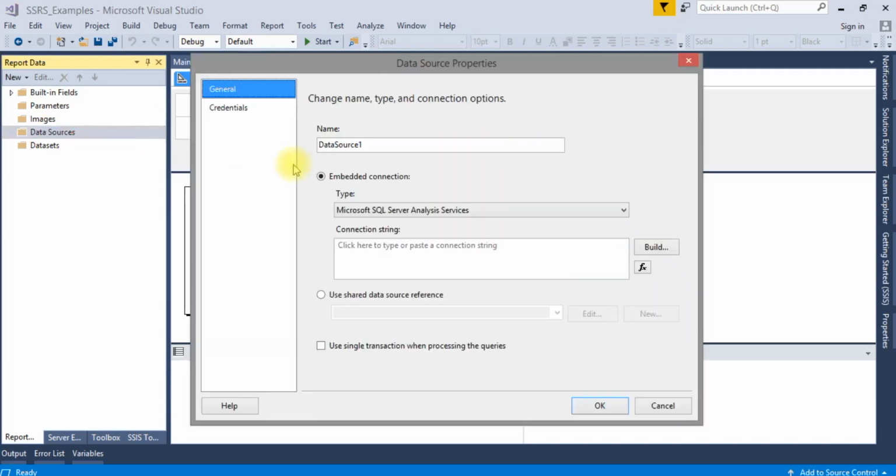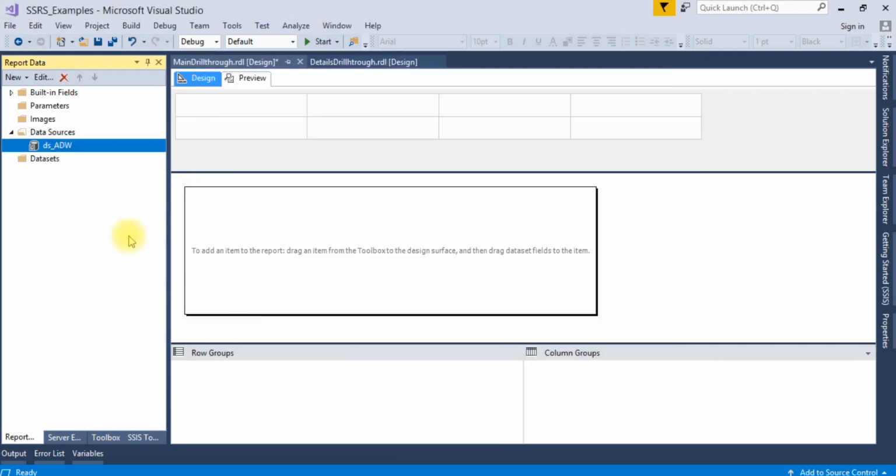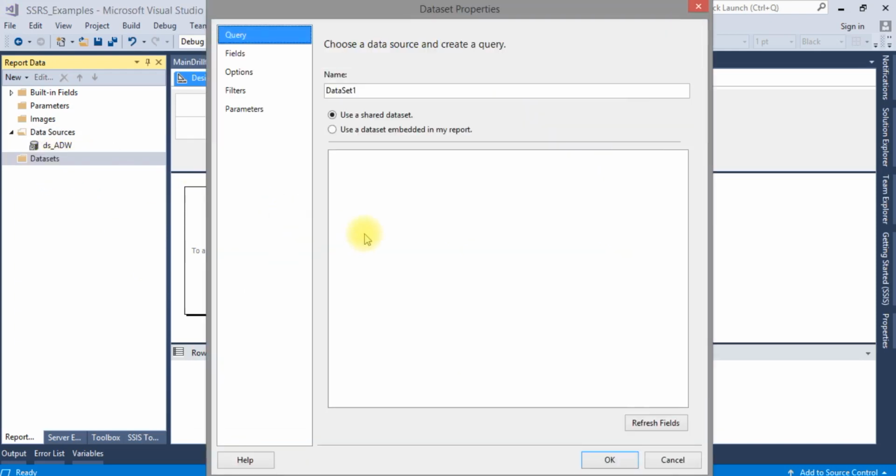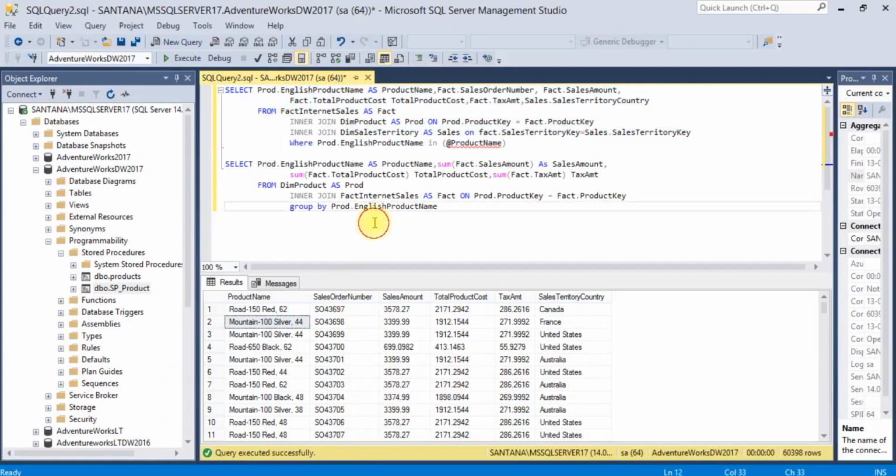So we'll add the data source, DS, and you can give the name AdventureWorks. Now we'll add one dataset here. I have also kept the dataset ready.